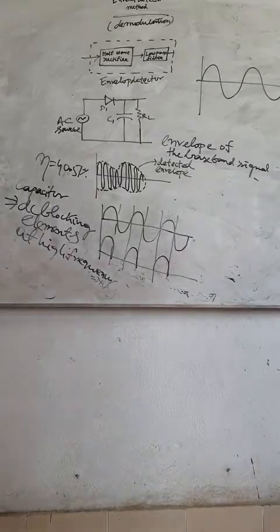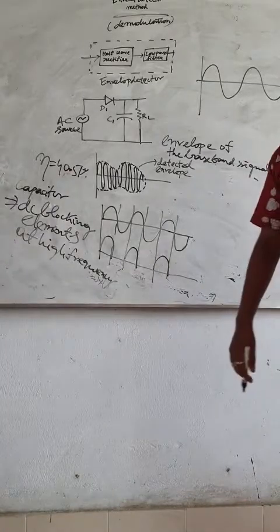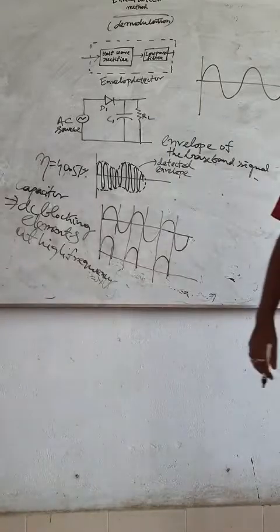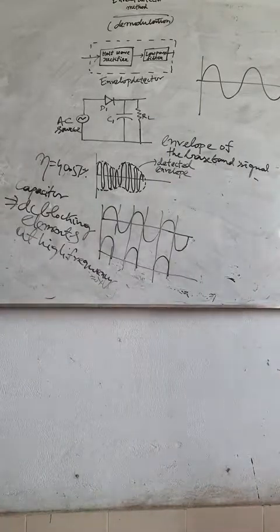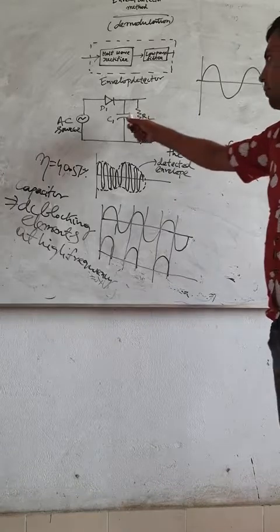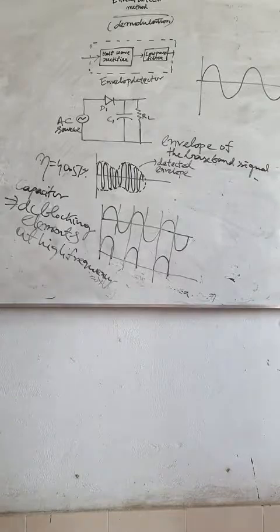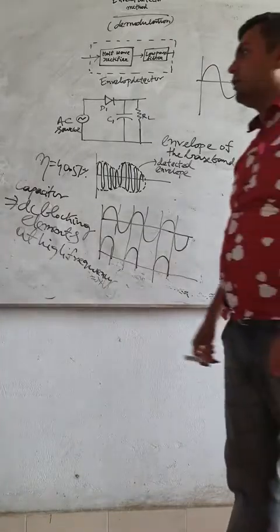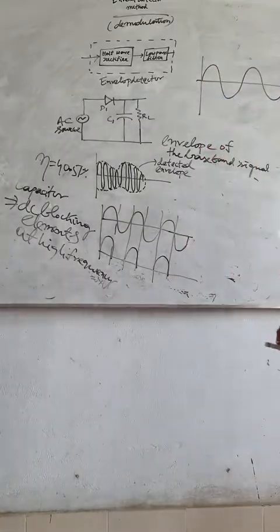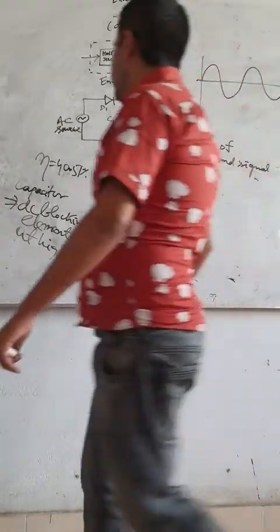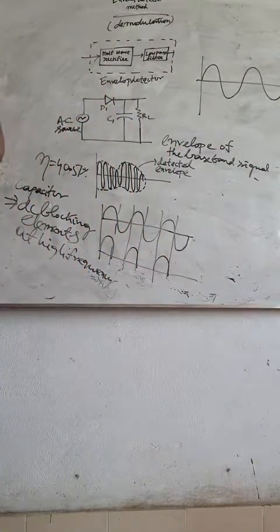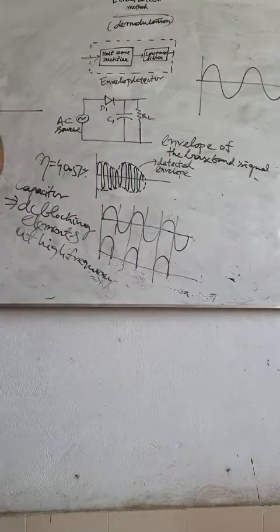Always the capacitor acts as a DC blocking element and an inductor acts as an AC blocking element. At high frequency, the capacitor blocks DC components. At high frequency, the inductor blocks AC components. So at high frequency the capacitor will block the DC component, and it will allow all the DC components to pass through the load resistance. So the load resistance will get pure DC ripple-free output. Your output looks like this. The DC ripple-free output looks like this.